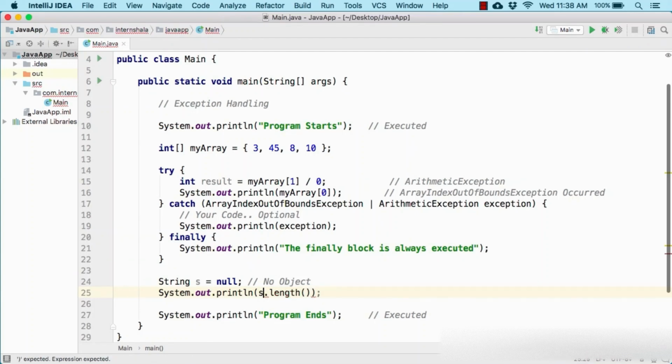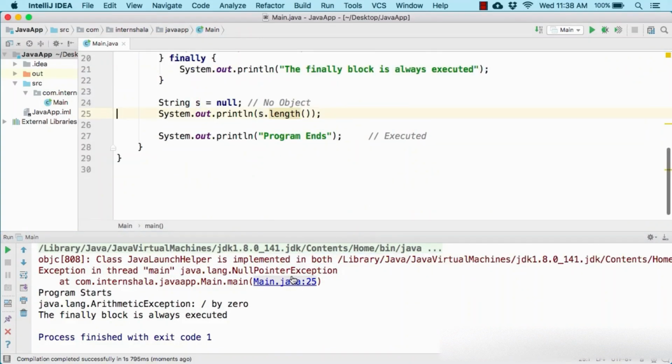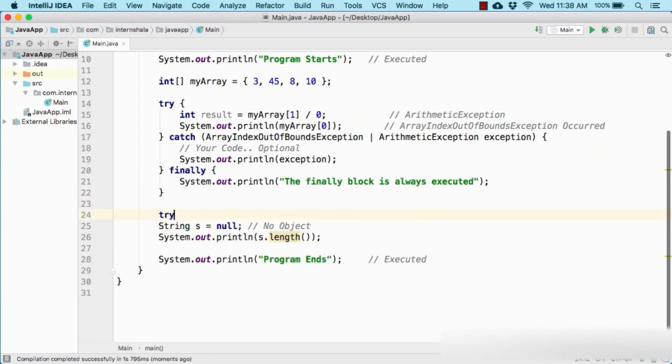So let us try this code out. So here we get some exception, java.lang.NullPointerException. If you click on the blue link, it will take you to the line where the exception has occurred. So at this point of time, we got some exception. Now suppose we don't know what exception can occur at this line. So in that case, you don't always need to remember the name of the exception, which is NullPointerException in our case. So here in our code, what we can do, we can simply use try the code